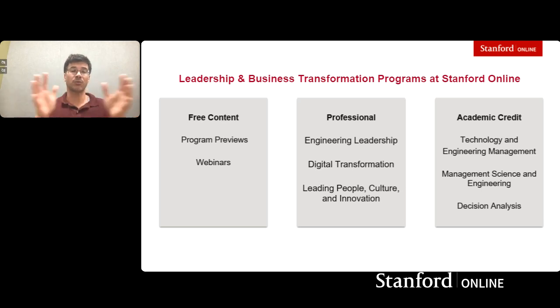So which of these is right for you is going to depend on your thoughts about cost, how much time you have, what kind of space you're going to want to do it in. If you're going to try and do all this learning in 1 week because you have a week free, well, it's probably not going to work on the academic side of things. It might be great for professional, and it could work very well in terms of the free content.